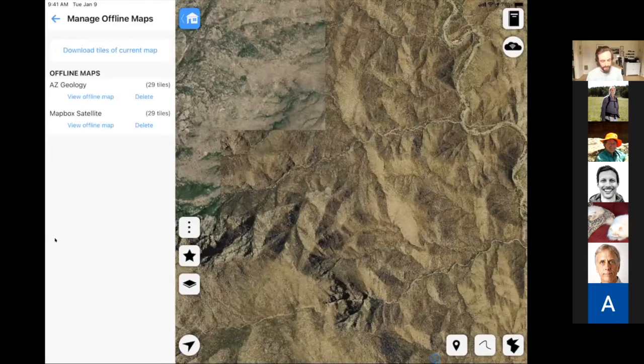And you can also have this open. You can click download tiles of current map to do the same thing that we were just doing through the map actions button. It tells you for each map that you've downloaded tiles for how many tiles, and it gives you the opportunity to delete those tiles, but you can also view what those tiles